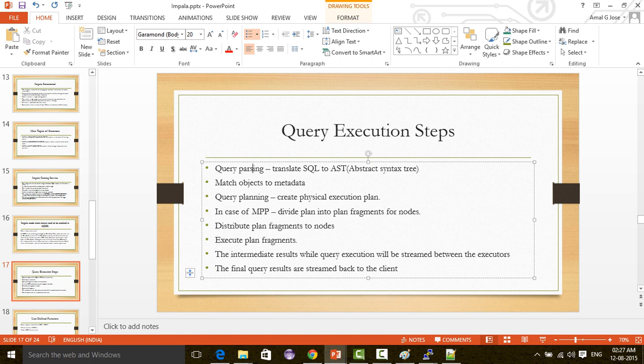as I discussed, every table will have schema as well as data. So it will first match the metadata, objects to metadata. So it will check the metadata, then it will plan, it will create a physical execution plan